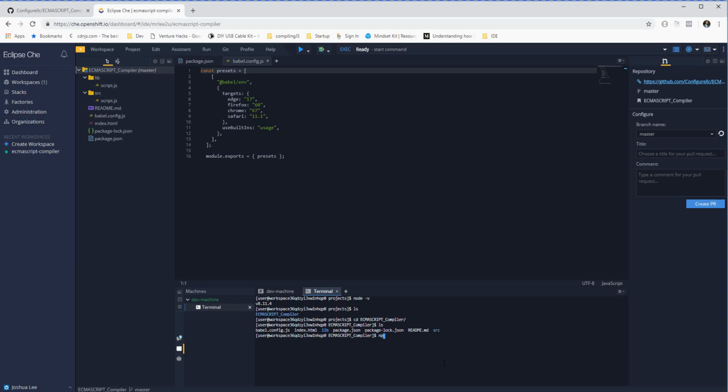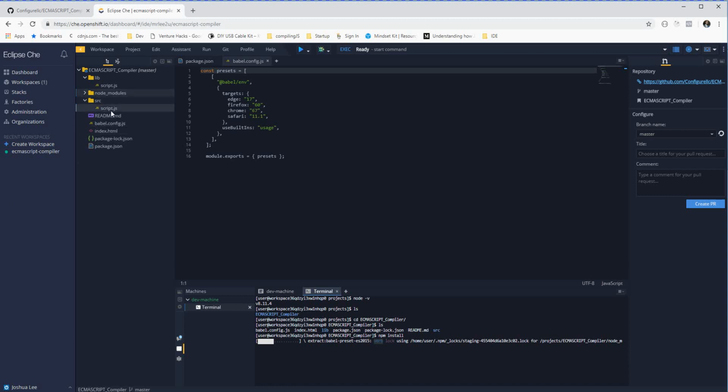So I'm going to say npm install. And when I run npm install, this is going to take a really long time to install these dependencies. But the first thing that you're going to notice is you're going to see node modules pop up, which you just did right here within the tree view. And that's what's happening here. The node modules are being downloaded into our tree as dependencies. So we're going to let this load